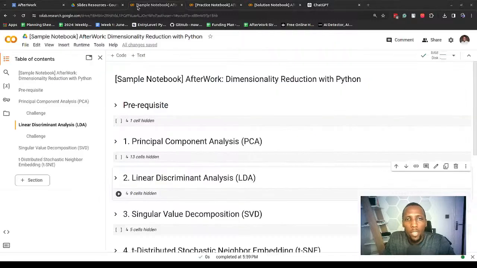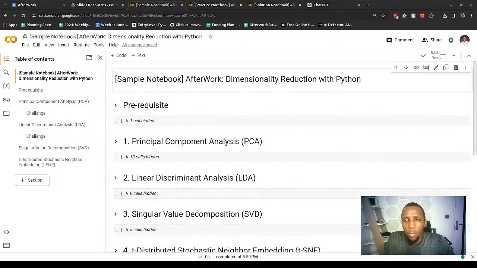And this is now the sample practice notebook. So if you're an Afterwork member, you can just use the practice notebook. It's just going to contain all the challenges. And you can also have access to the solution notebook. So starting off, let's go through the